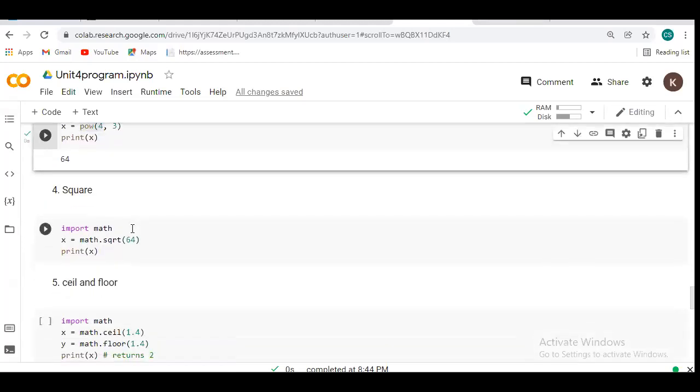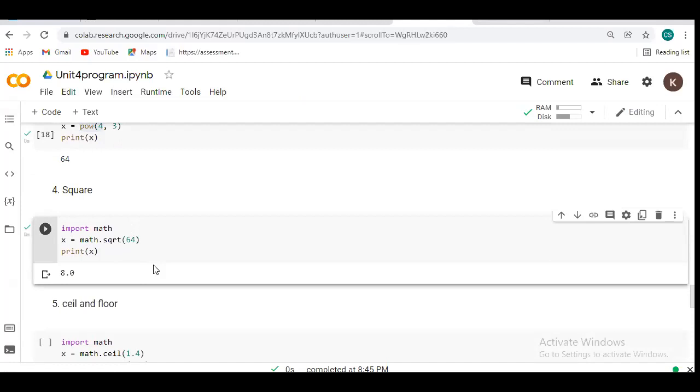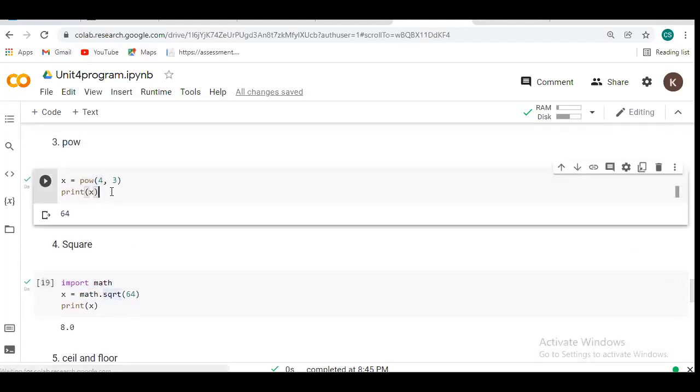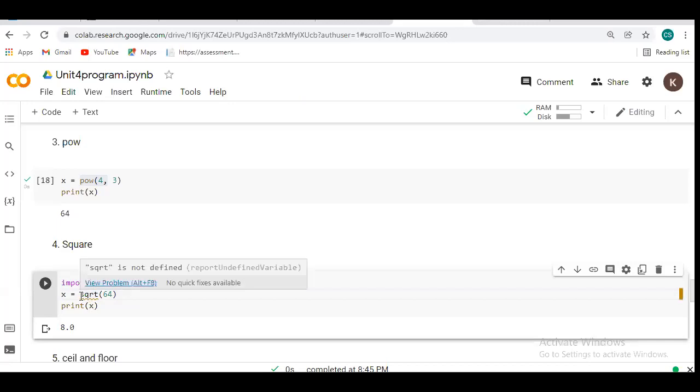The next function will be square. Suppose we want to find the square of any number. Here we are importing the math module, because square is one of the methods in math. It is not supported directly. Before, in the power program, we directly used the power method, but for square it is the math dot sqrt method. For that reason we import math here, because if we write it without the import, it will not execute and will give us an error.